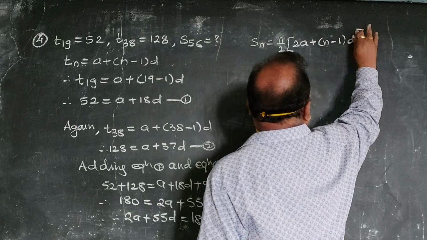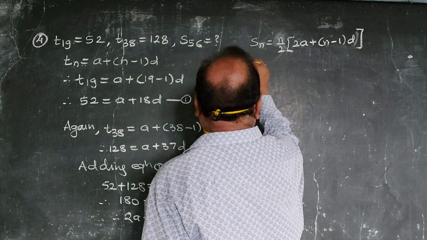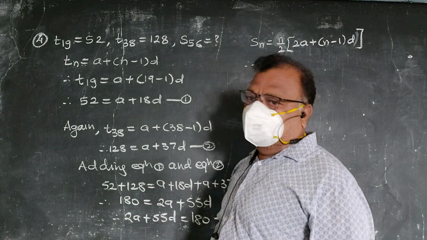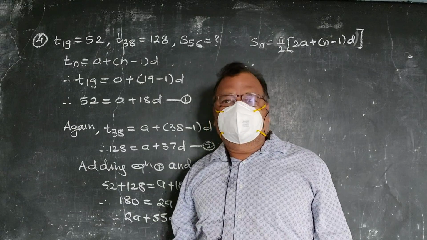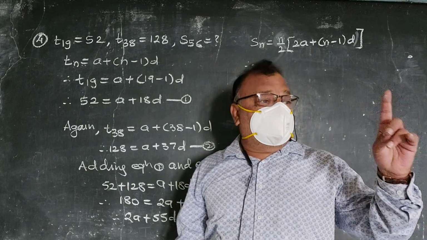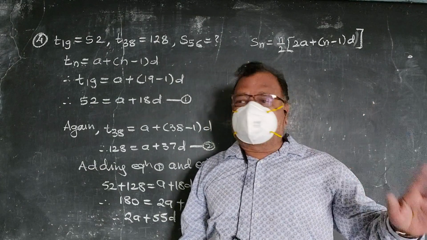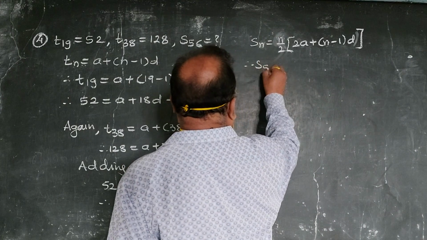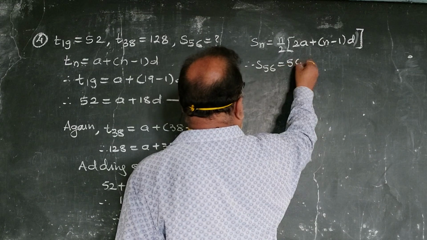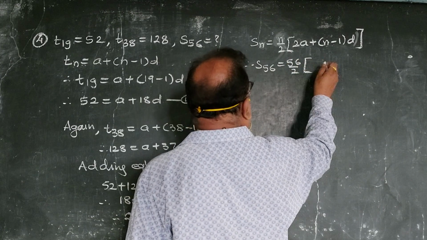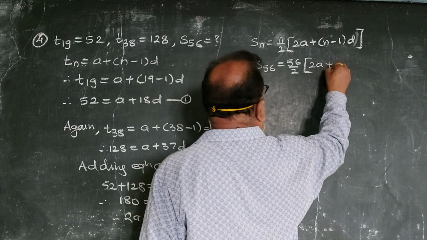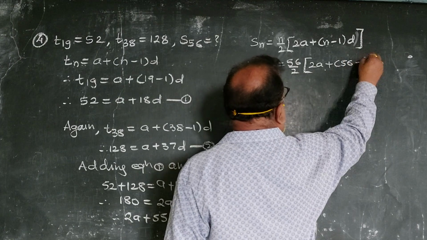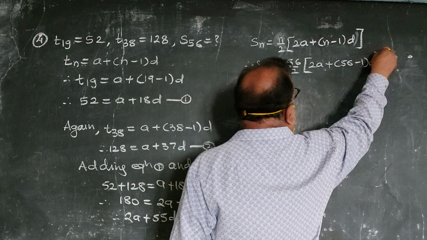So close the bracket. Now in place of n what will we write? 56. Wherever n is there we will write 56. So S56 is equal to 56 upon 2 in the bracket 2A plus 56 minus 1 into d, close the bracket,